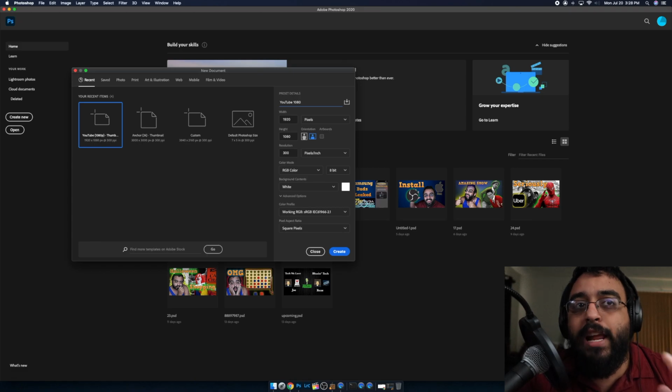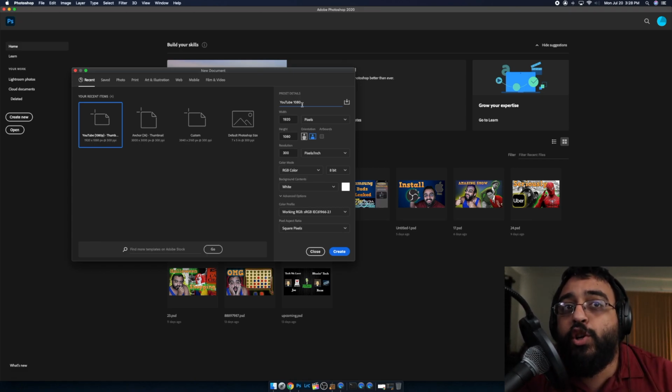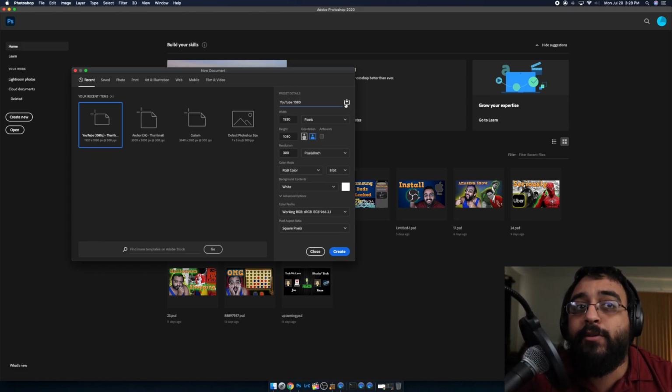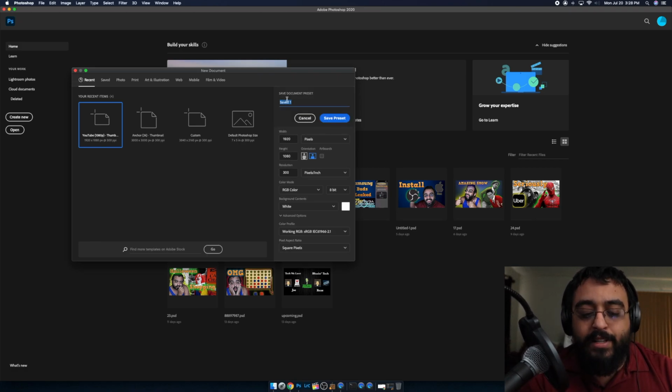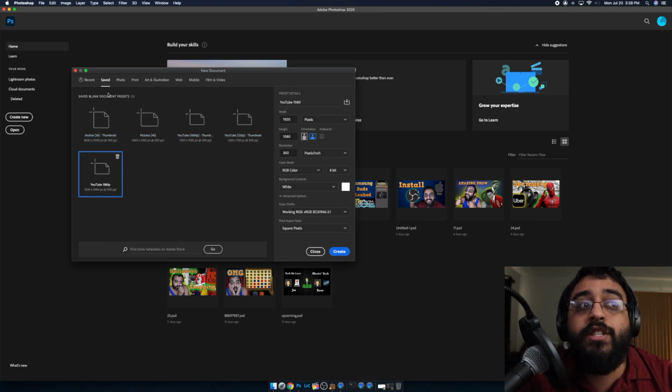So here we actually have this here. Make sure you click on that little arrow pointing downwards to save the preset. You name this YouTube 1080p, and that'll actually save your presets right here when you hit save. So you hit save, and you'll see under the saved options, you'll see the YouTube 1080p, which I have other